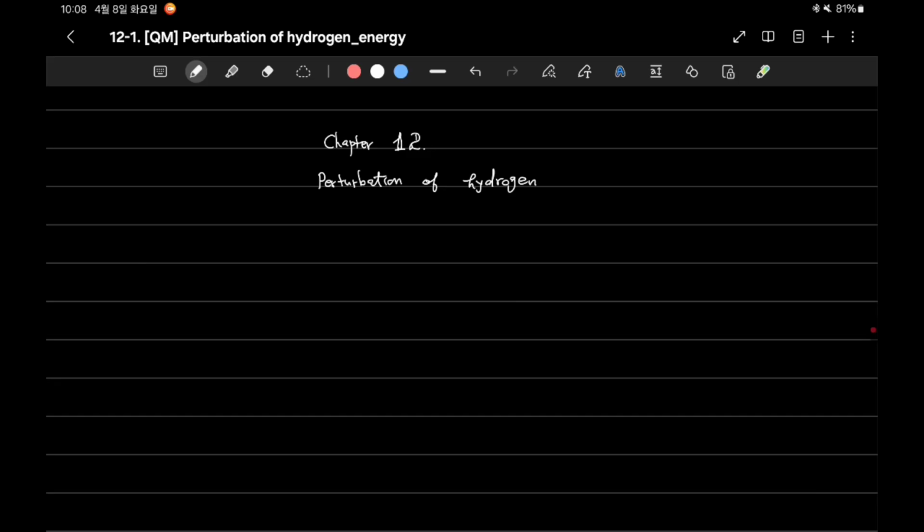So that kind of additional interaction can be dealt with by perturbation theory, because the additional interaction is very small compared to the original Hamiltonian. I will describe what kind of perturbation can be available in the hydrogen atom. When we review the hydrogen energy level, basically the Hamiltonian of hydrogen of the zeroth order,